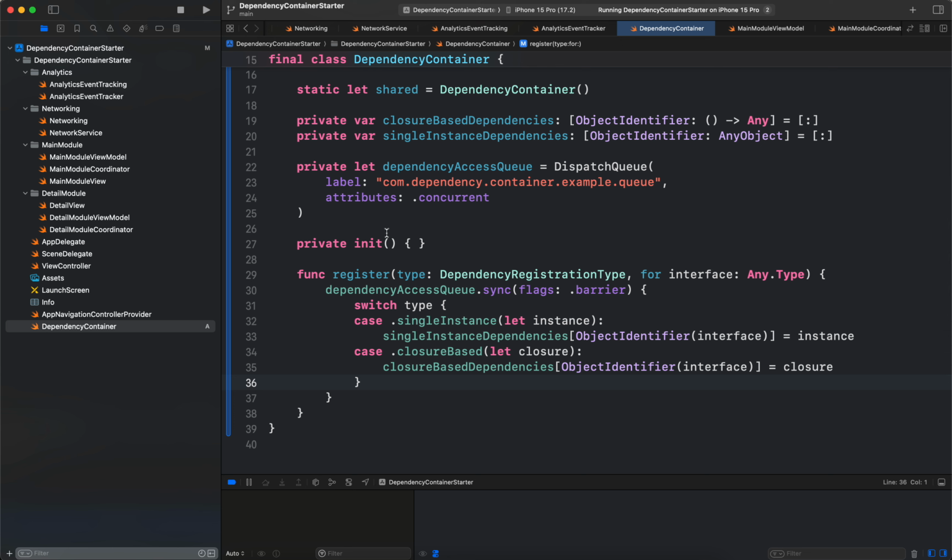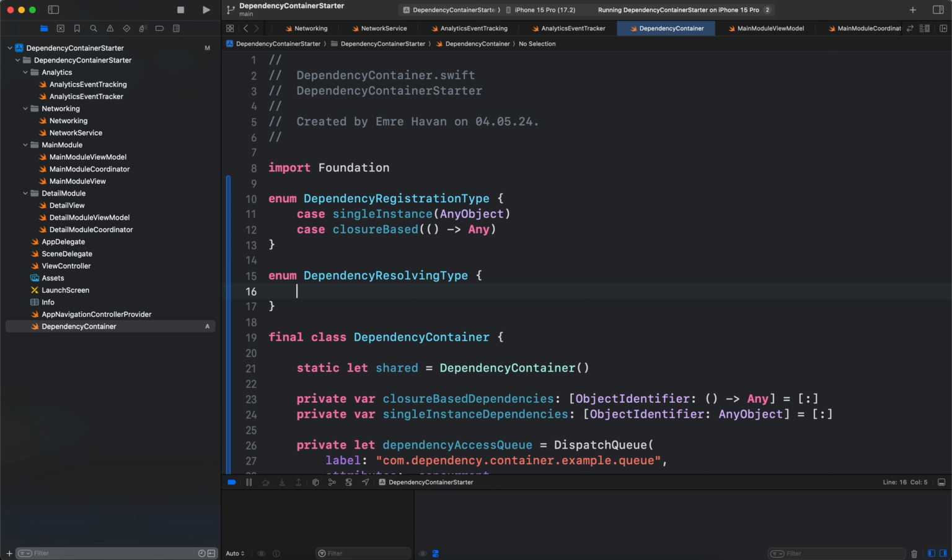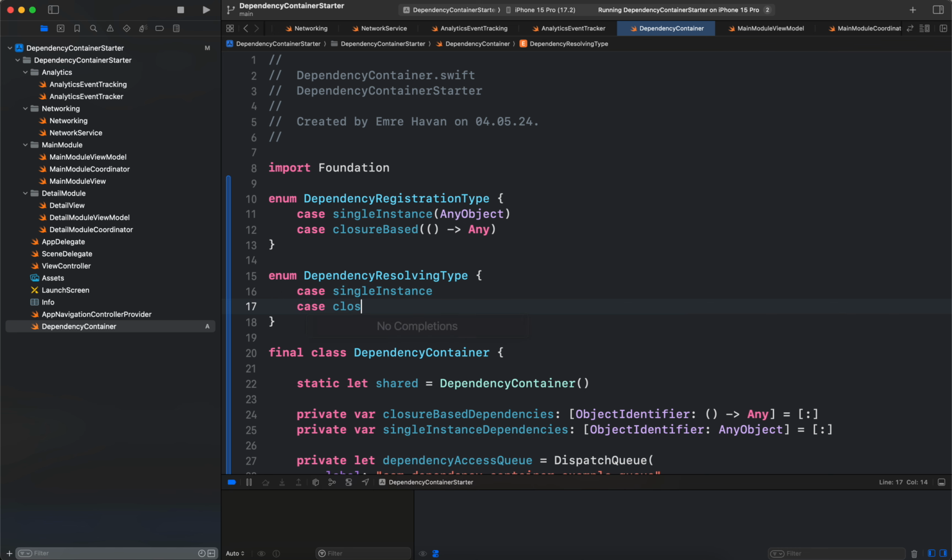Okay, so that's cool for our register method. And now we can implement our resolve method. But again, before we write resolve, let's create another enum for it. Let's call it dependency resolving type. So it's going to be single instance or closure based. What this means is whenever a dependency needs to be resolved, that resolving entity, the consumer of the container, needs to know if the dependency they're interested in is a single instance or